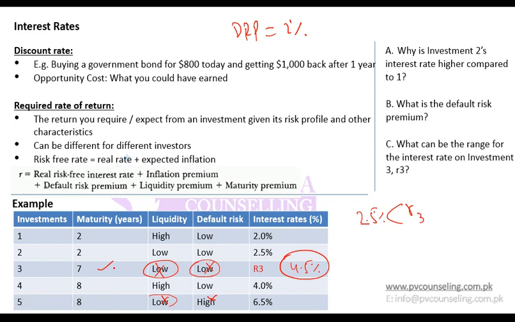As investment number 3 has lower maturity, it should have a lower return. So otherwise, had it been 8, if the maturity was 8 years, then the return would have been 4.5%. But as it has a 7-year maturity, return should be lower than 4.5%. So this is the range within which we should have the return, greater than 2.5 and lower than 4.5%. Any problem or questions so far till here?